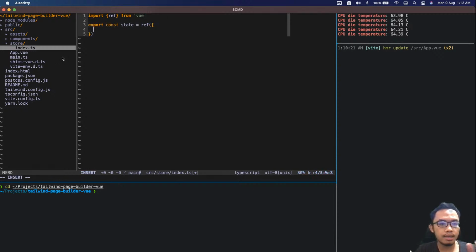So let's try and render a container with two text elements. Okay, so how are we gonna do this? Each component has to have an ID, right? This ID will be generated, but for this one I'm just gonna hard code it to text component ID. So it's gonna be of type text, and then it's gonna have props of